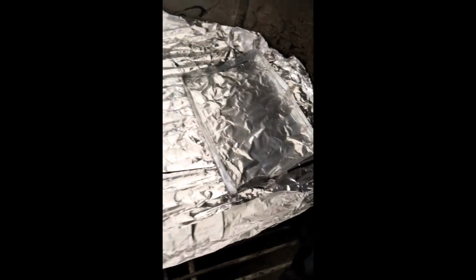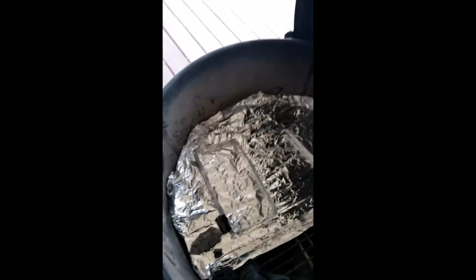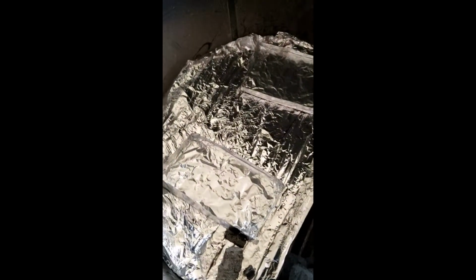to hold the water. You just fold the edges 4 times, and then fold up the corners, and you've got little water pans. Now, to get it started, I've just got a few coals here. Some leftover ones,